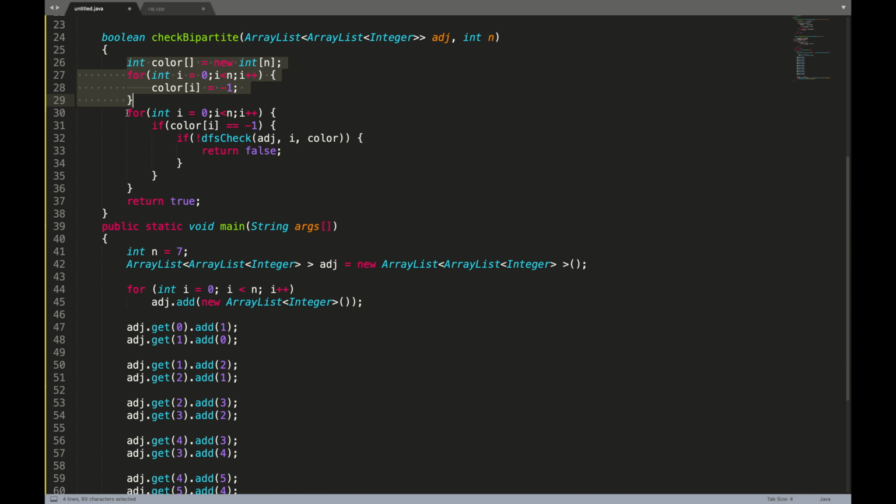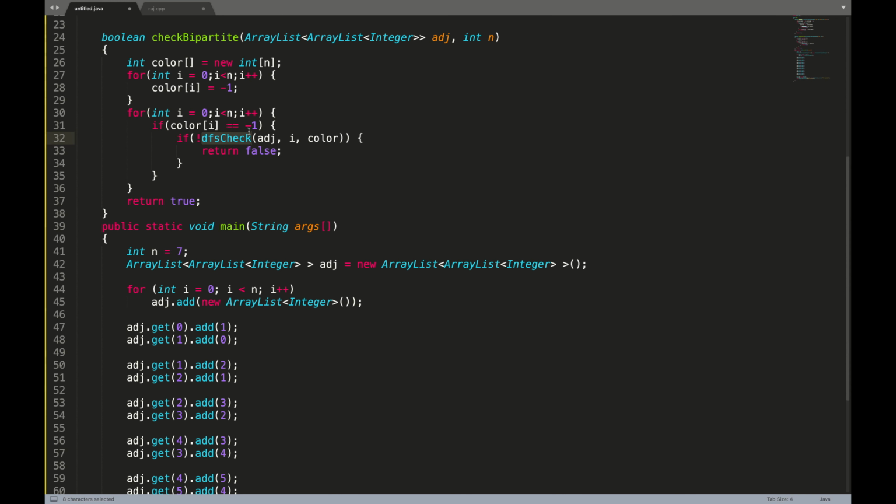Now, in order to check for components, this is how you iterate for components, if you remember the previous videos. And if any of the nodes is not colored, I can say that node has not been visited, something similar to a visited array. And if that node has not been visited, I call the DFS check.